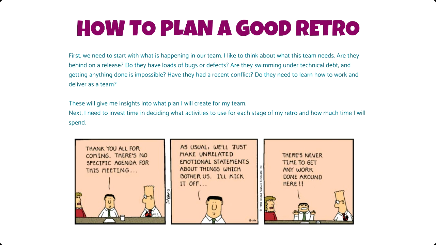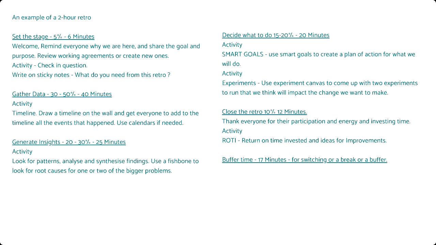But the first part is to have a great plan, right? So that we know what we're going to do and we're increasing the chances of getting to great outcomes, which is really the most important part, right? What are the outcomes that we're after, and what are we doing here? So investing the time is very, very helpful. Here is, and I'm just going to kind of flash on this, an example of a 90-minute retro with some timing and some ideas for what to do.